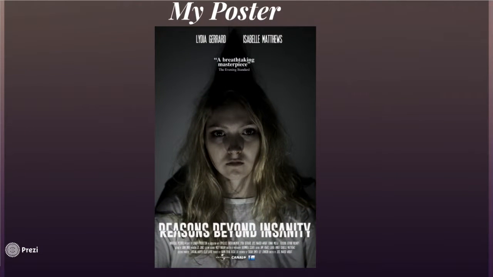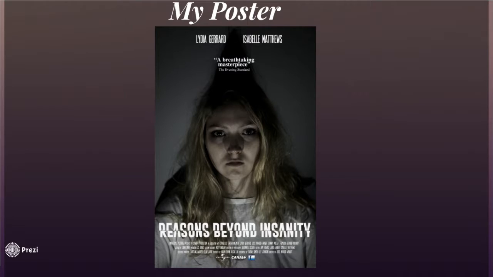I've created my poster so that it is portrait, as this makes it easier to be advertised in magazines as well as tube stations. This will promote my film and make it more noticeable to the general public. In the magazine and in the tube, there are posters everywhere for movies, and we subconsciously take them in. And I think that having the poster for my film being in one of these advertising spots will really help Reasons Beyond Insanity get well known.